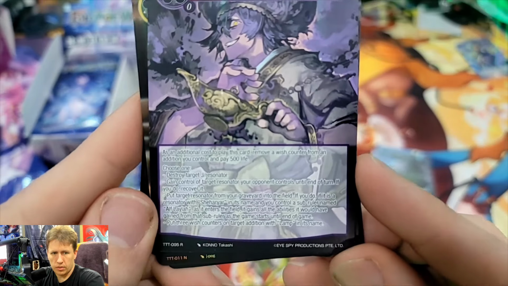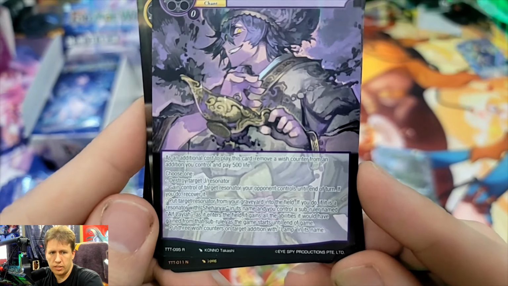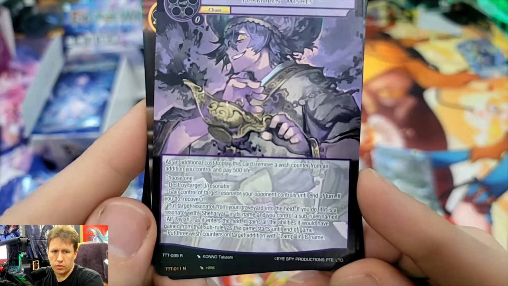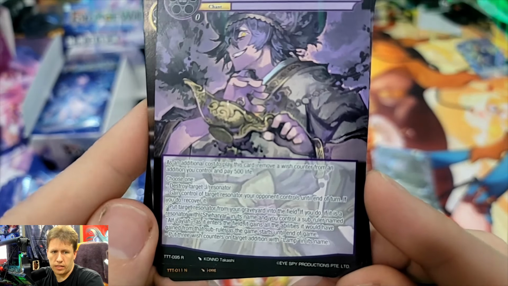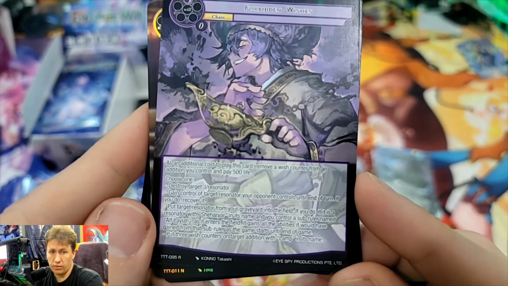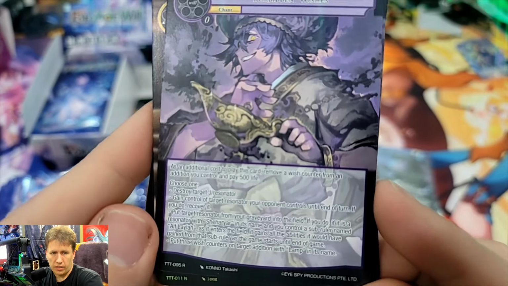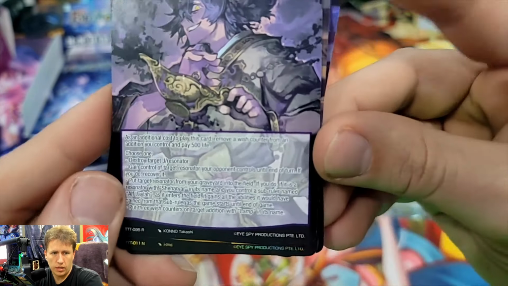As an additional cost to play this card, remove a wish counter from an addition you control and pay 5 life. Destroy target resonator. Gain control of a resonator your opponent controls until end of turn. Or put target resonator from your graveyard into the field. If you do...